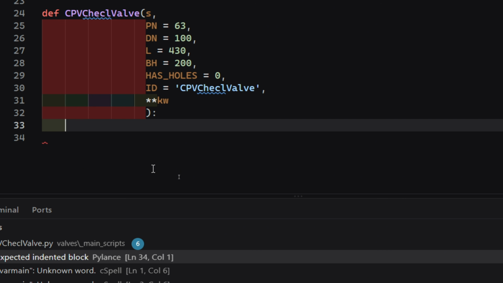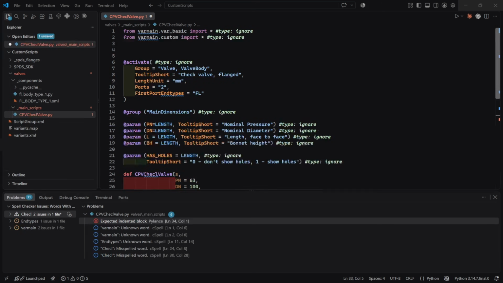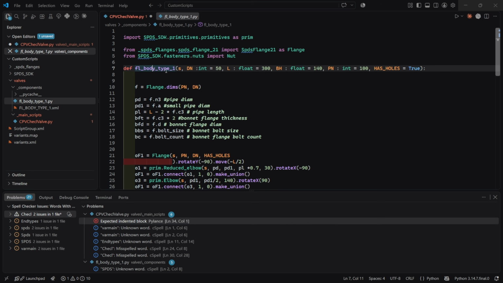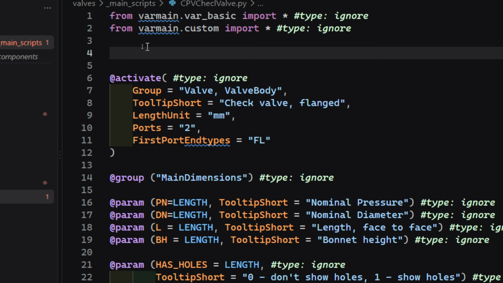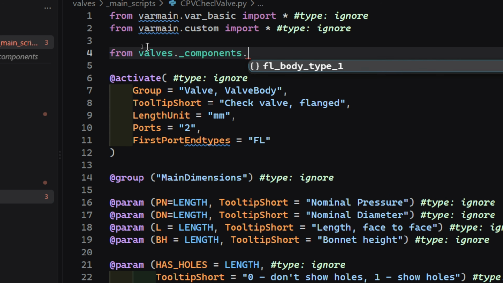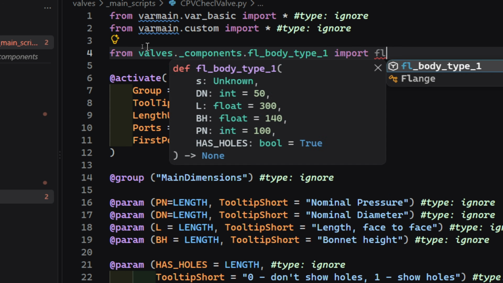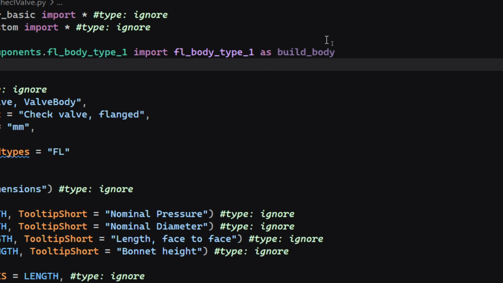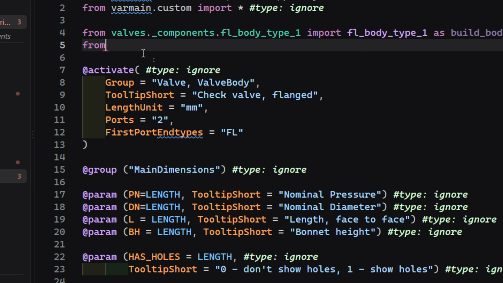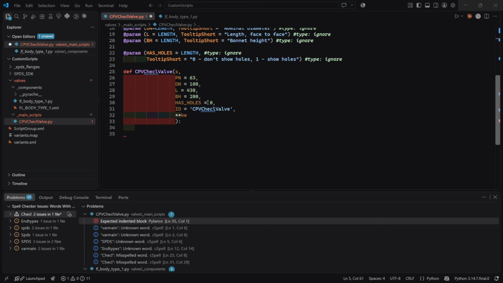After that, we are ready to start with the main part of our script. If we go back to the geometry script that we created earlier, we first need to import it into our main script. So we add from valves.components flange body type 1 import flange body type 1 as build body. Let's use this alias here. Also, let's import from primitives the set port and point 3D